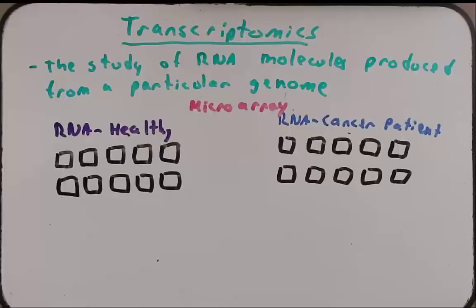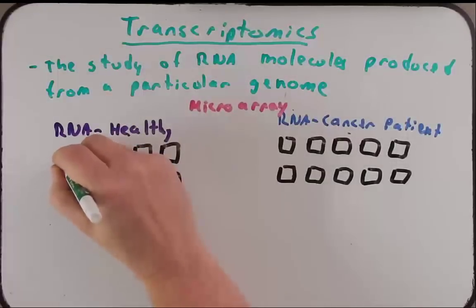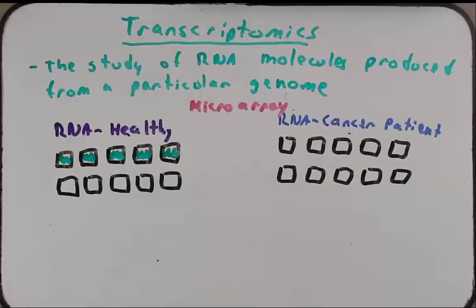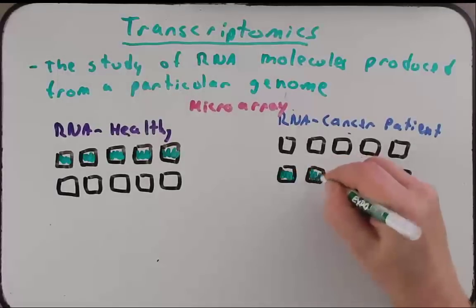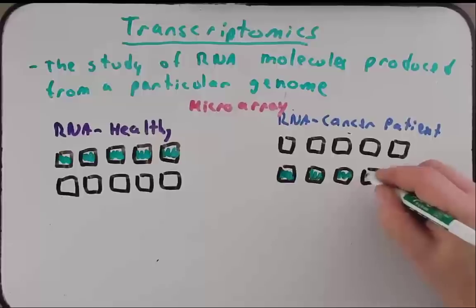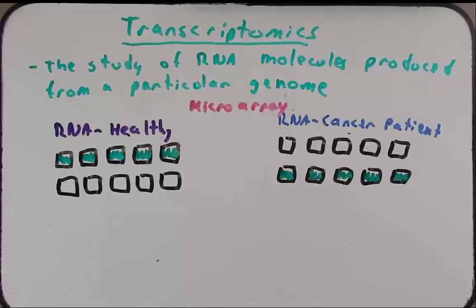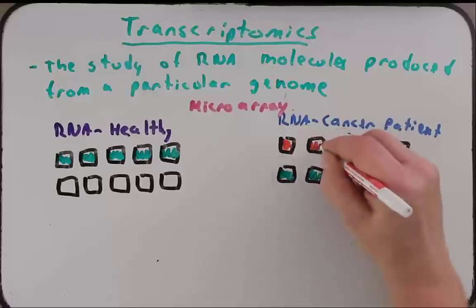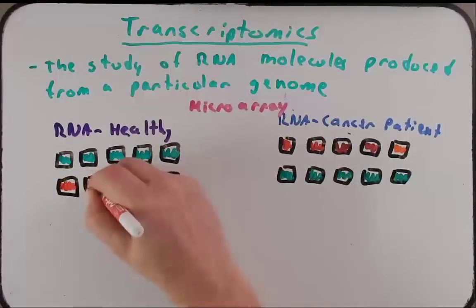And they've used a color scheme to show red and green dots. For instance, let's say that these dots up here were fluorescing green, at different levels of intensities, but that's harder for me to show with a marker. And over here with the cancer patient, these are showing green. I should also mention that this set of genes is the same set of genes over here. Maybe here we see red, and down here is red as well.